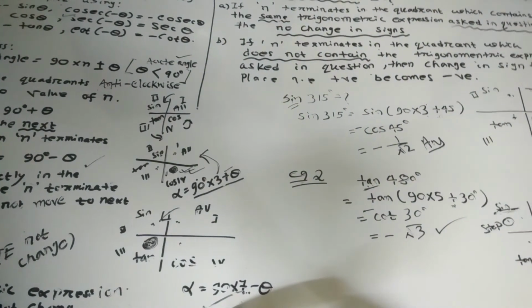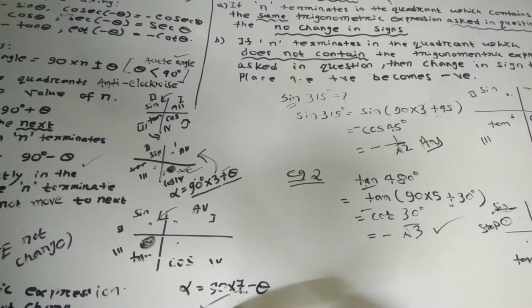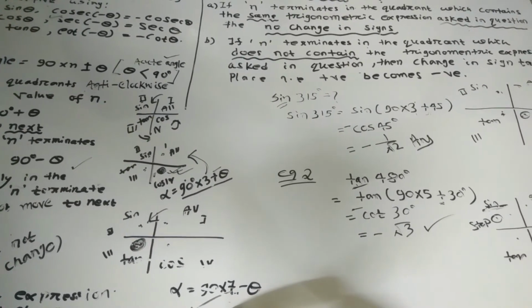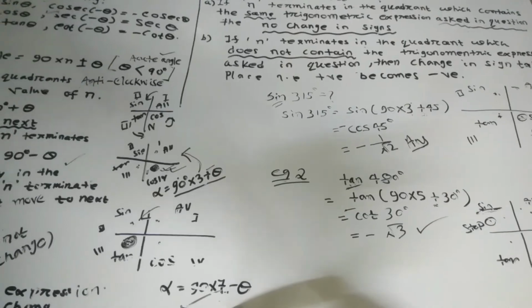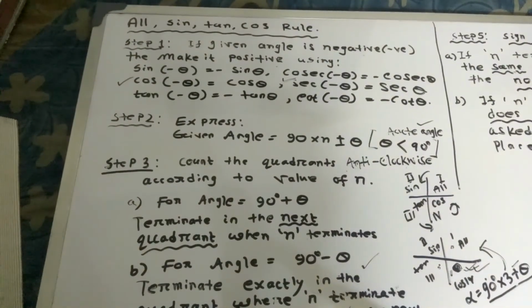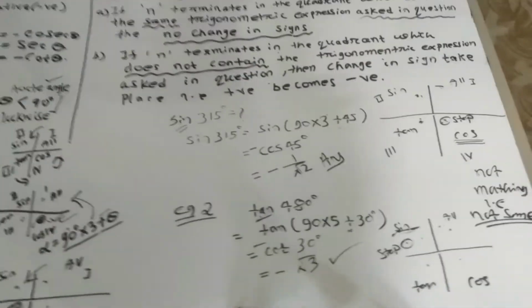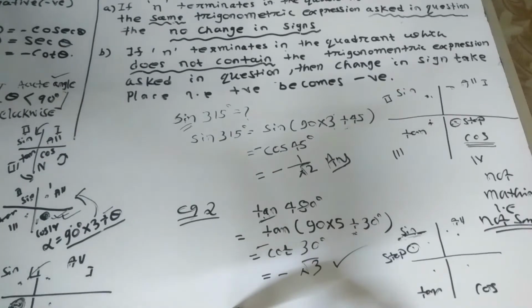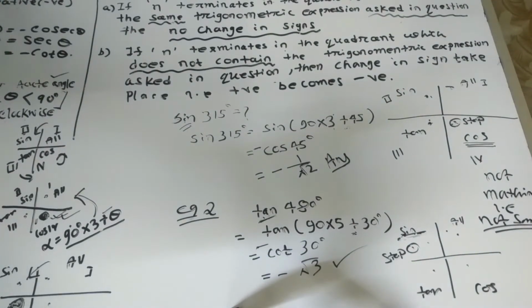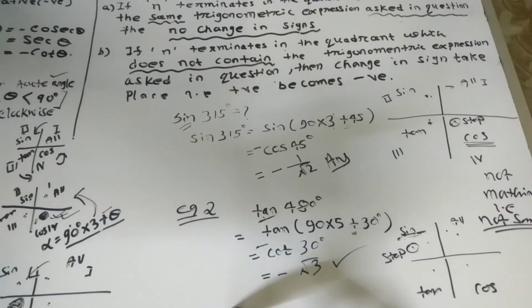Many times you read, I think you can do any sums. This is a very basic rule I have shown you. I think if you carefully read all the rules two or three times, it will be in your mind, and you will be very successful or expert in this.